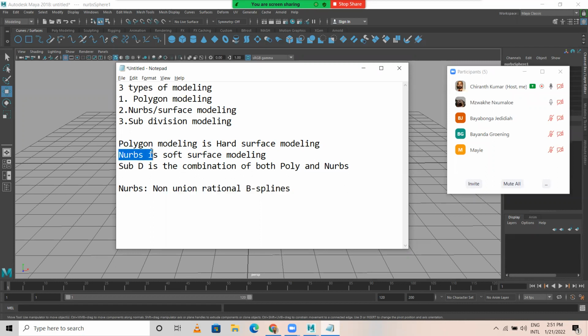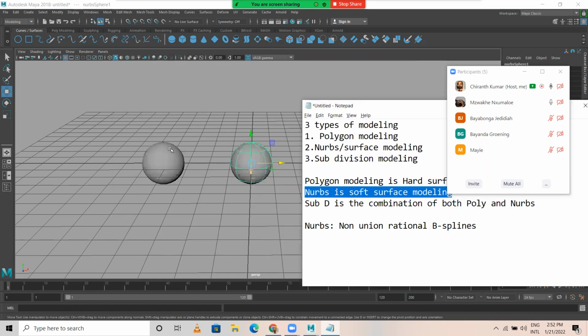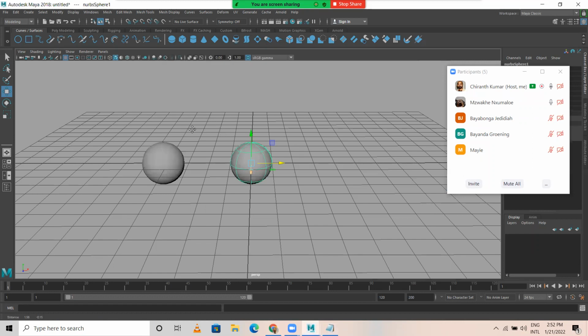Basically, NURBS models are generated or created using curves, whereas polygon is hard surface. Subdivision is a combination of both. In a simple way, if I'm explaining,